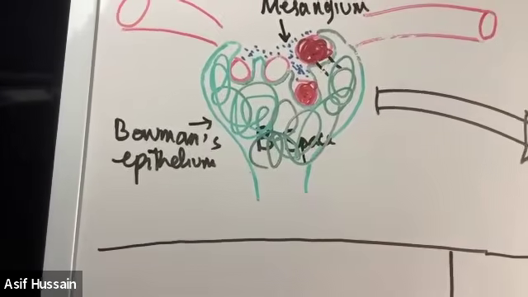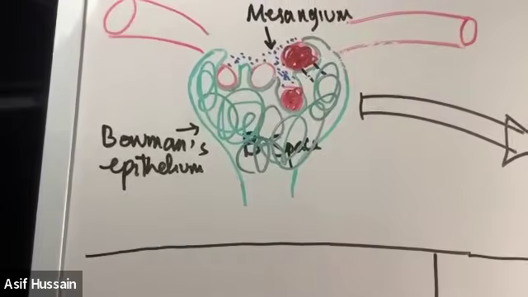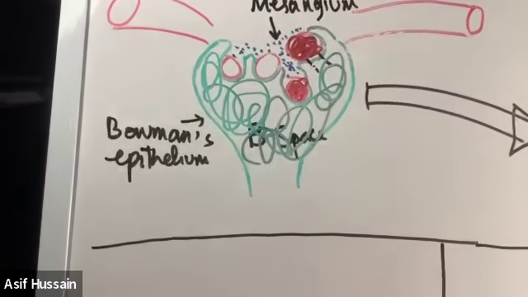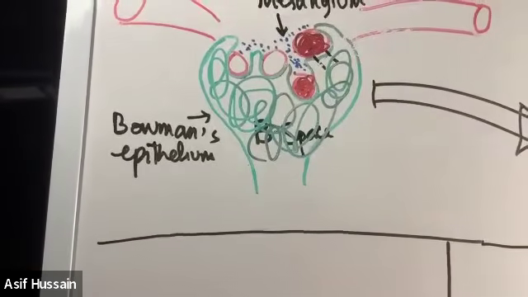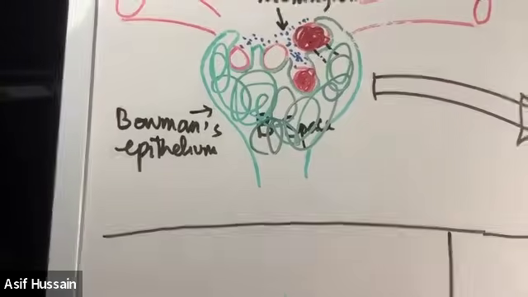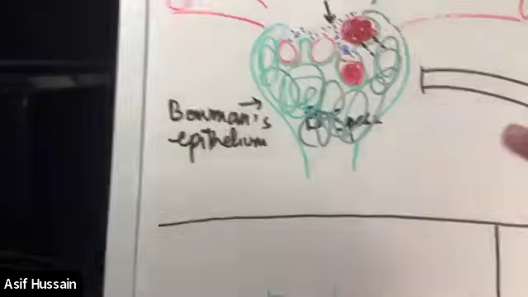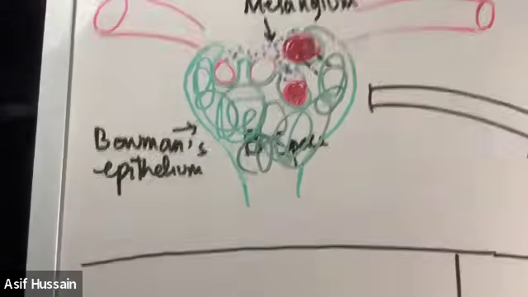Okay, so the third consequence of inflammation in the glomerulus is the proliferation of mesangium and proliferation of capillary endothelium, right? And I'll come to the proliferation of the Bowman cells in a second. Okay? But the fourth consequence of